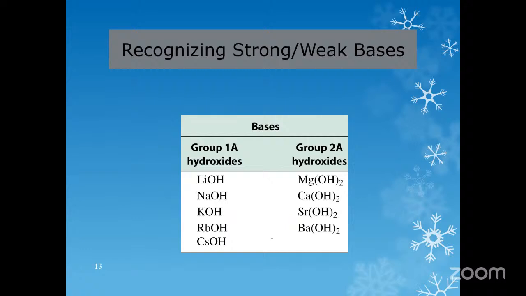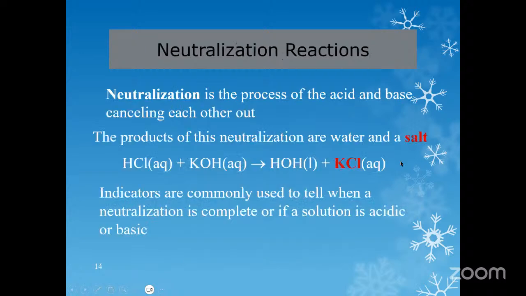Pretty much any other bases would be weak bases, unless you're told otherwise again, all right? Okay, so that's basically it as far as the difference between strong and weak bases and strong and weak acids, all right? Okay, so next we're going to talk about